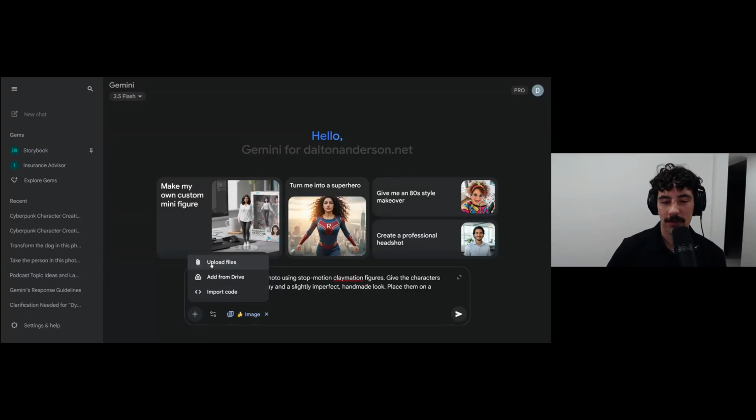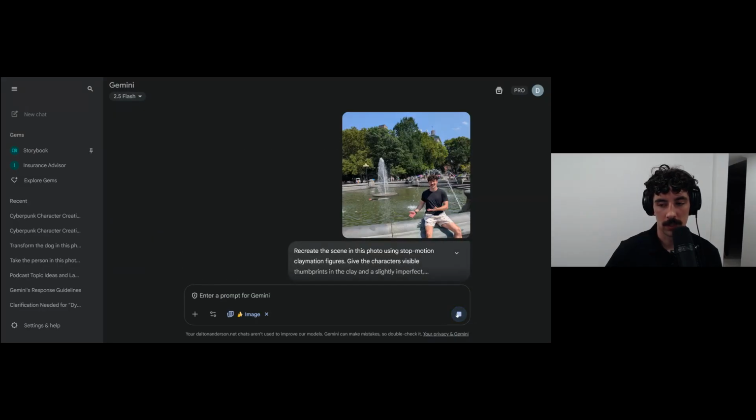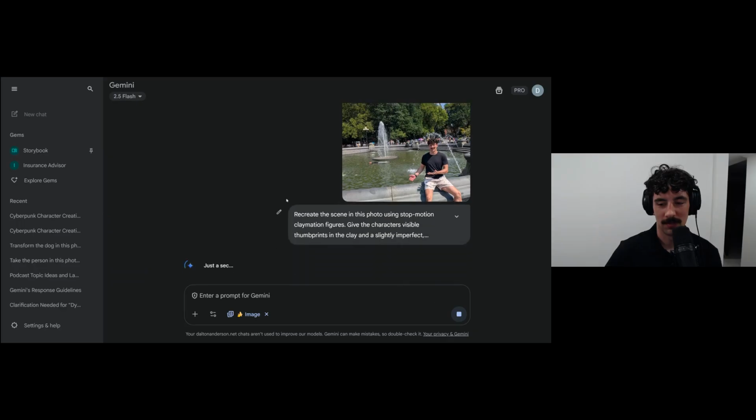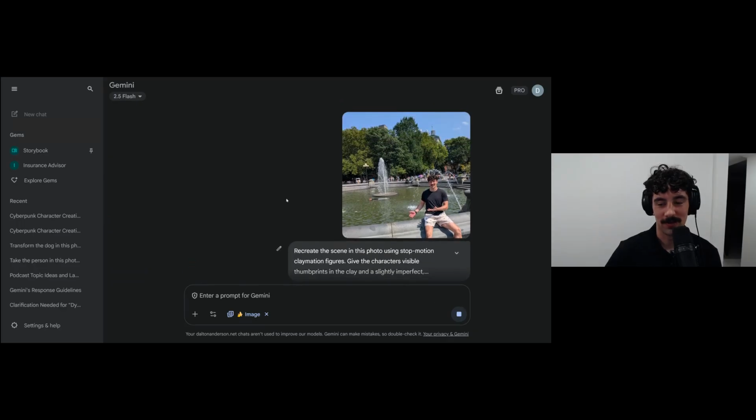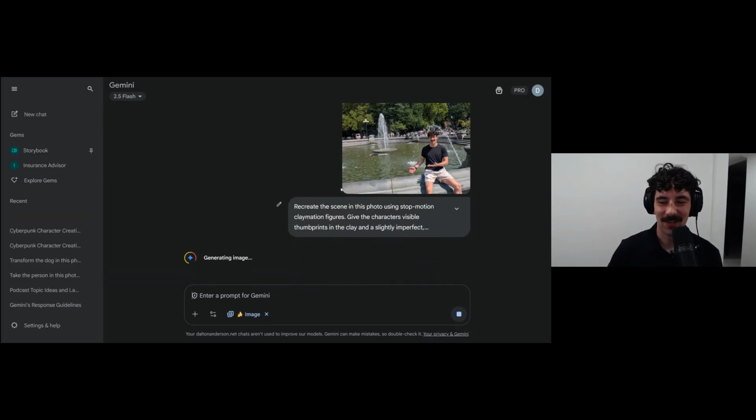So I was at Washington Square Park in New York City, and there was a dude in the fountain. And apparently in the morning time, you can go there if you want to see people, I guess, shower or bathe in the fountain. You can, but the water is this dark green color because it's just dirty, and